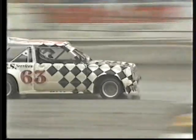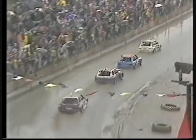There he is, 63, the 863 Paul Whiteman car from Bathgate in Scotland, holding him up just a little, and George Polly, a little way back, is getting closer. There's George. Just coming into the picture. There's 63, there's the back marker, and there's George Polly on the right. Same old problem, you just managed to knock off a couple of back markers, and then blow me, there's two more there. Let's see how George Polly disposes of these two. You want to get past quickly. One of them looks like, oh,